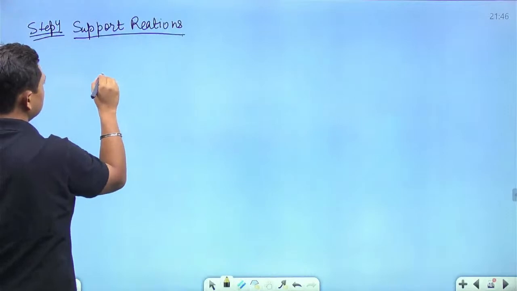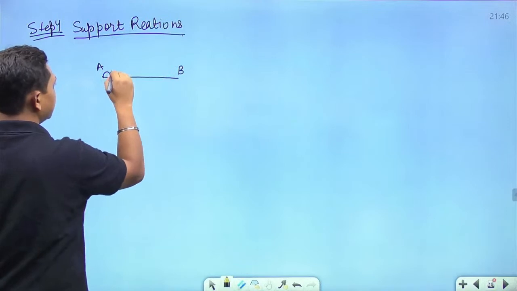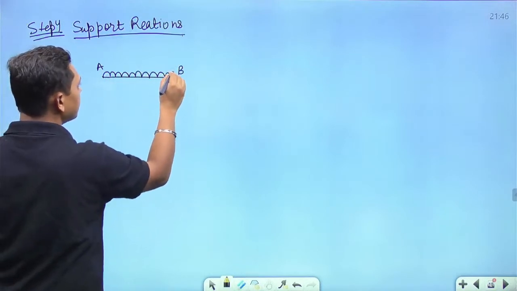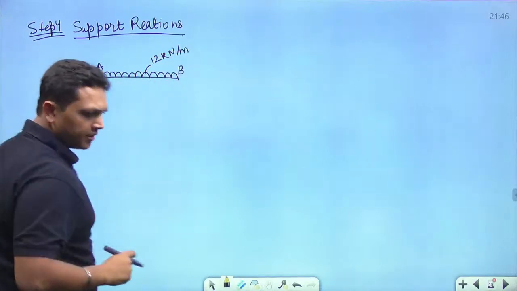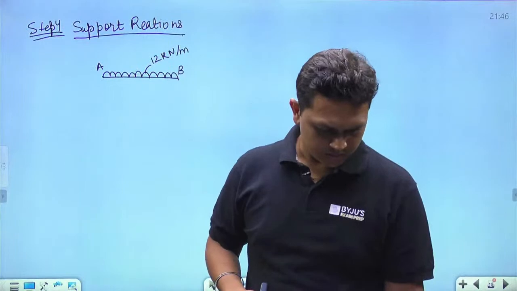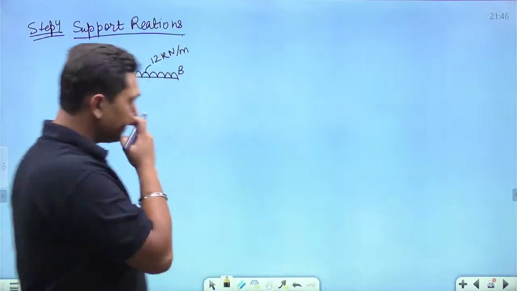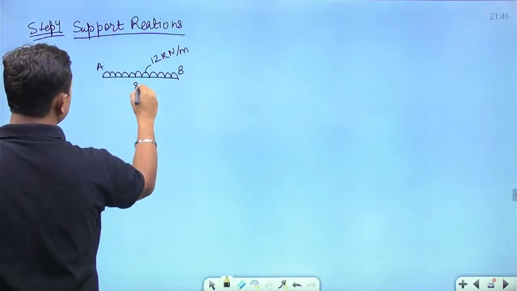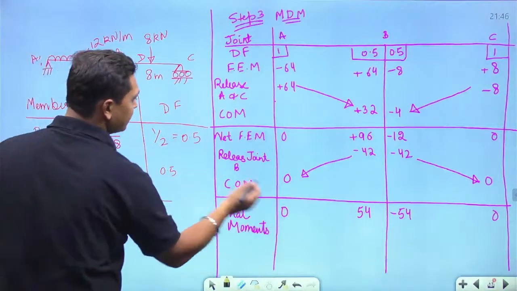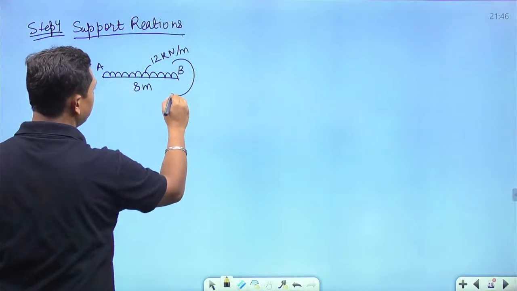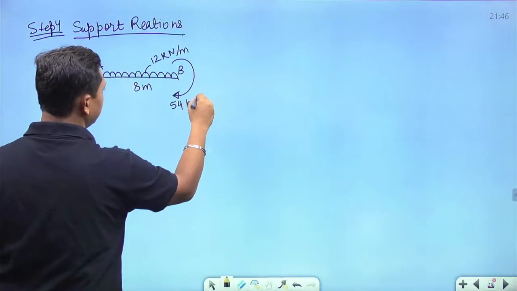Now this is my span AB, which is subjected to a UDL of 12 kilonewton per meter. This is 8 meters, and a moment of plus 54. So this is plus 54, which means clockwise. A 54 kilonewton meter moment is going to be acting over here,